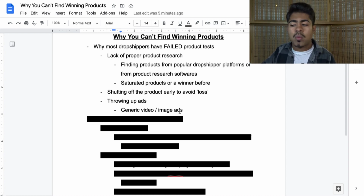But another reason why so many people can't find winning products is because they shut off the products too early to avoid a quote-unquote loss. And as a result, they end up losing a potential winning product. This is one of the biggest problems that a lot of dropshippers face, simply because they get too scared to spend too much money on a product. They're already on a tight budget, and they end up cutting a product with a half a profit margin to go. What happens because of that is that you're not giving enough room for the product to get fully tested